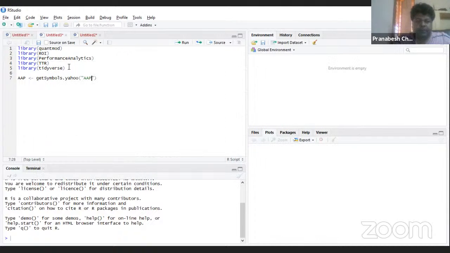The stock price that we are talking about, the ticker that we are talking about, is AAP. It's not AAPL, Apple, or APA. What was Apple? AAPL, right? We are not using that. So let's,